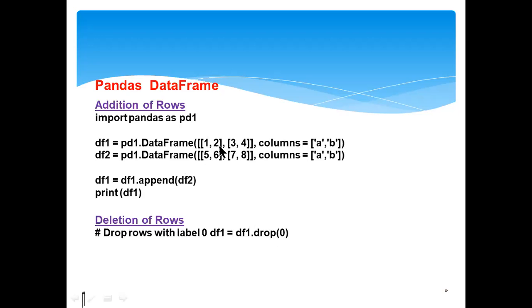See, if I want to remove this value, second 2, what do I have to write? Drop 1. So this is the 0th position, this is position 1. So if I write 1, the first one will be removed.